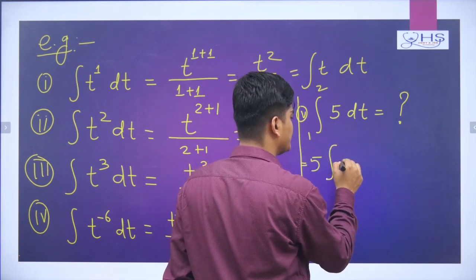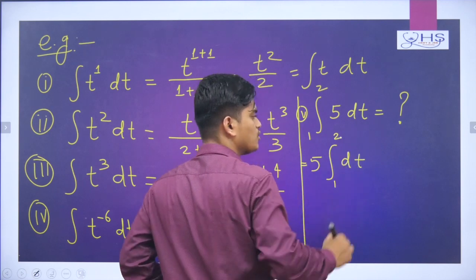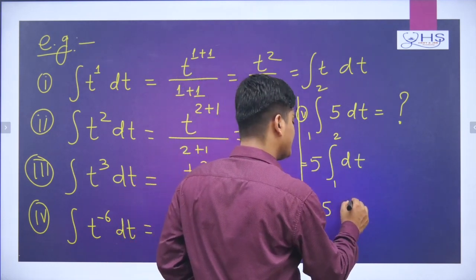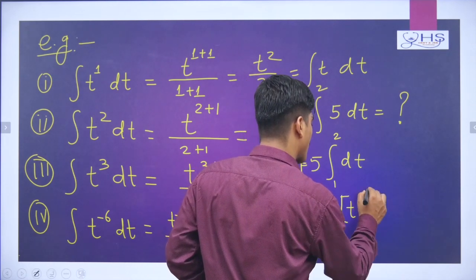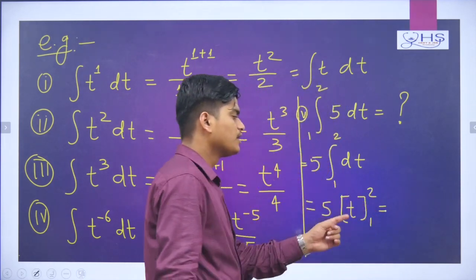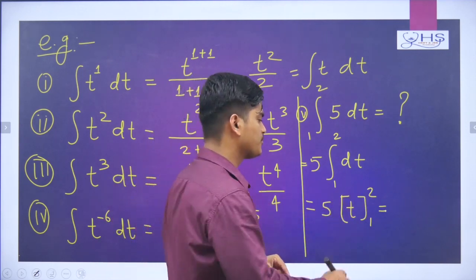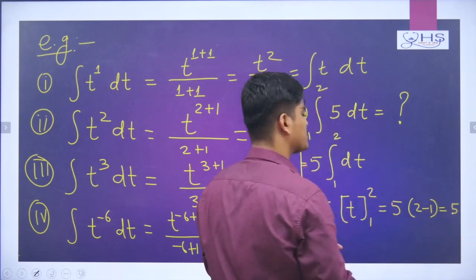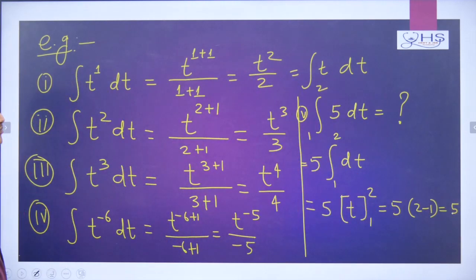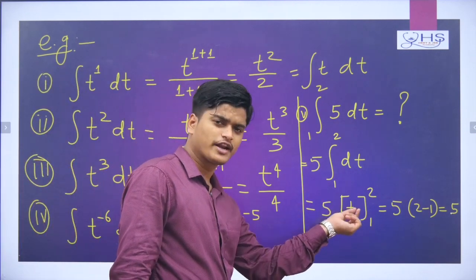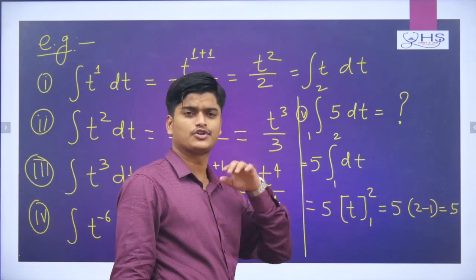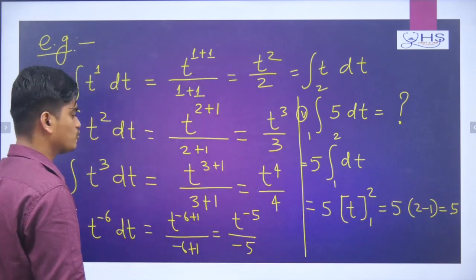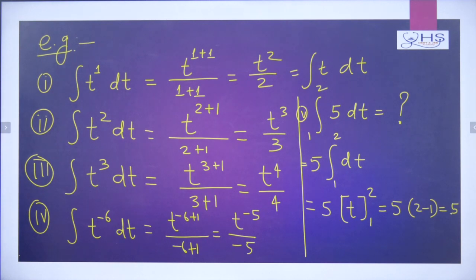Now integration of dt you can write from 1 to 2. So 2 is the upper limit, 1 is the lower limit. Now here 5, and integration of dt is nothing but t. Now I can put here the limits 1, 2. So how much will it come? Now here we have to substitute 2 in place of t. So 5 times 2 minus 1, which is nothing but 1. So the answer is 5. Are you able to understand? So whatever the variable is here, t or x, in that variable you substitute the upper limit first, then minus the lower limit. If any constant is coming, take it out.